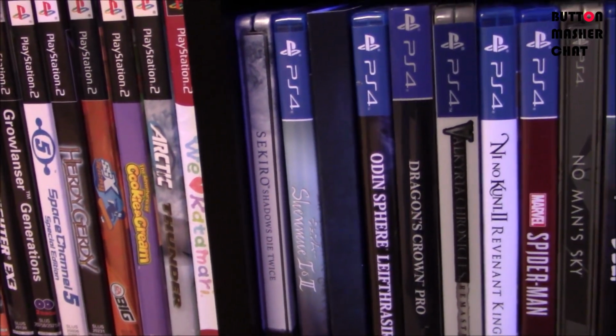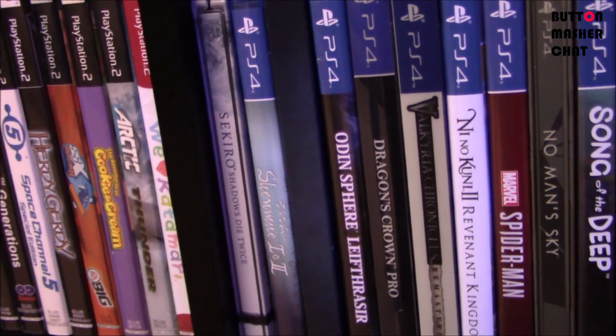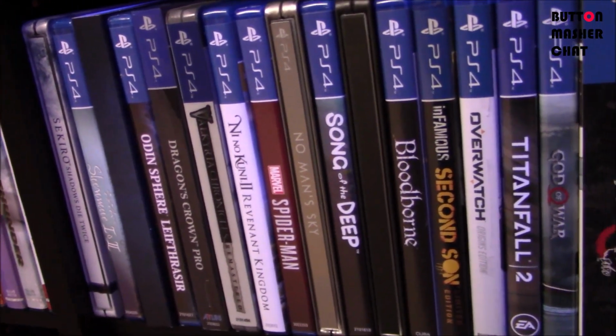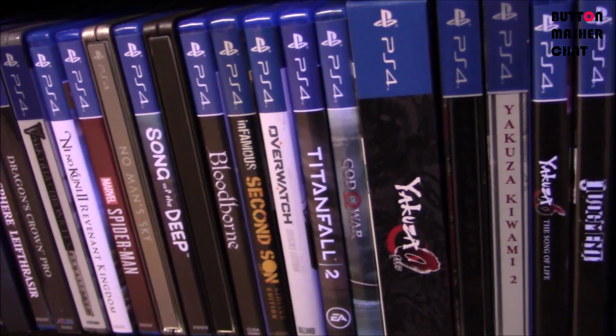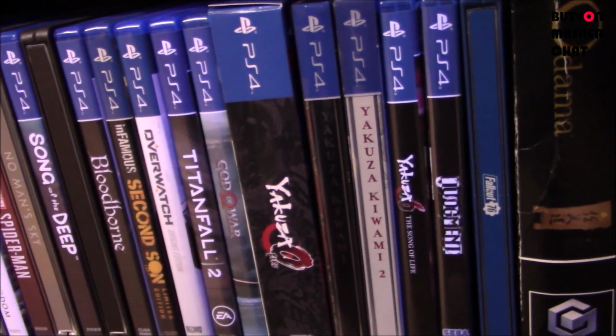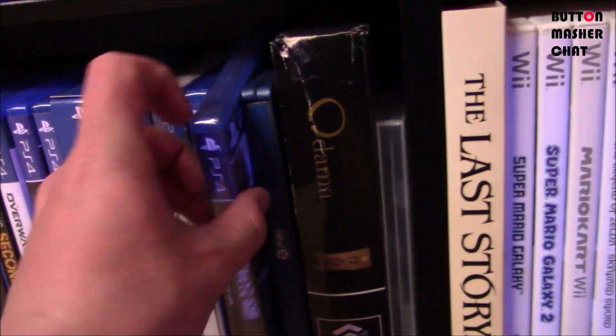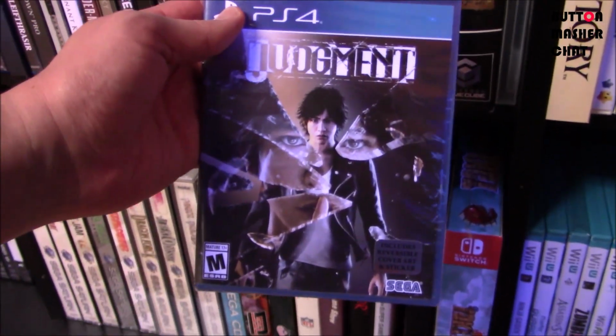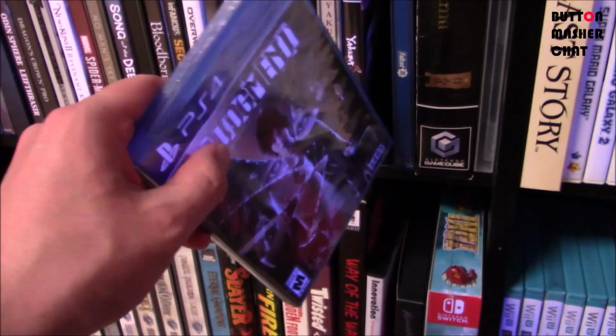And then Sekiro, I love that game, but it is too hard. I got about halfway through and finally gave up. Beat God of War. Oh, I picked up Judgment. I haven't even opened it. It's still sealed. Again, picked that one up cheap off Amazon, and I'm really excited to sort of get into